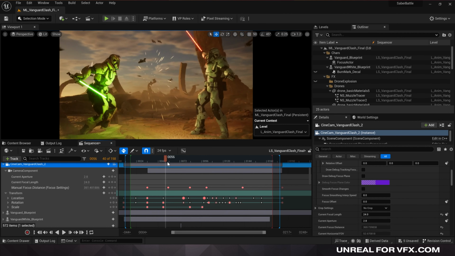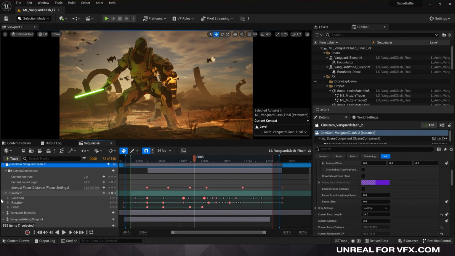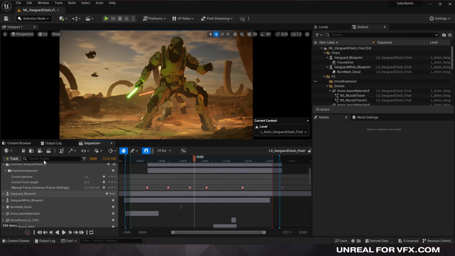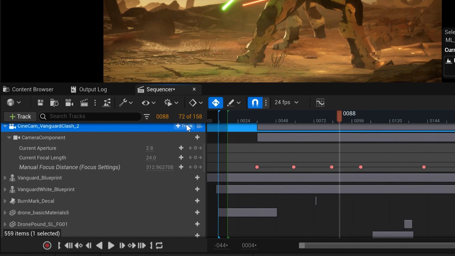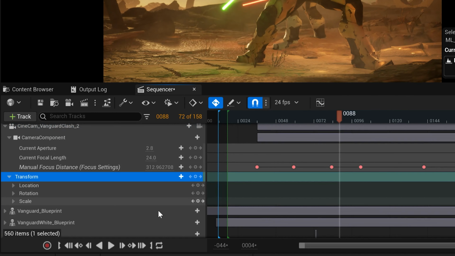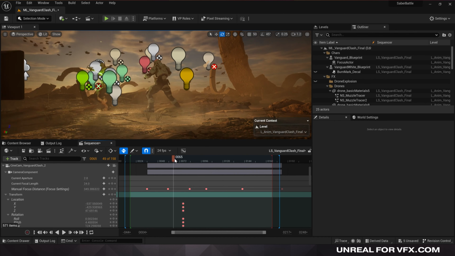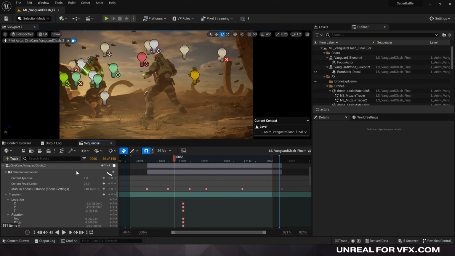Now lastly, let's talk about aiming our camera at our actor. So I'm just gonna delete all of the transform data here and show you how we can do this completely from scratch. So I'm gonna take our Cine Camera actor. Let's add in a new transformation track, but now we can create some new keyframes. So we just have our first keyframe here, but a really fun way to plot out your keyframes is to